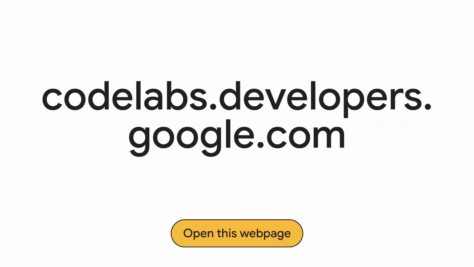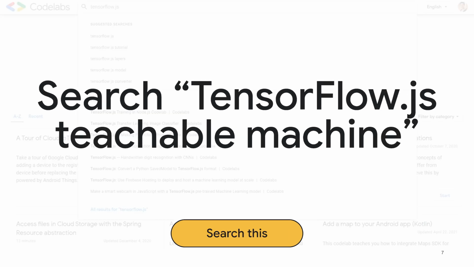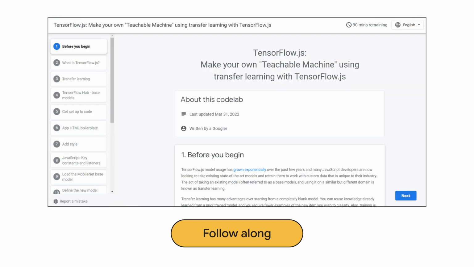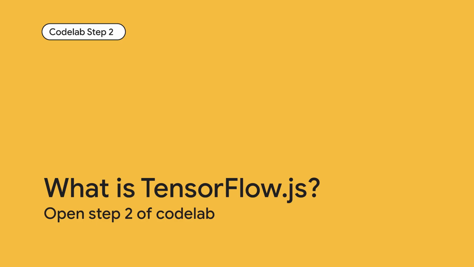Great! Now you know the end goal, it's time to open up my code lab that you'll use today to follow along. Head on over to codelabs.developers.google.com in a new browser window. And once the website's opened, search for TensorFlow.js Teachable Machine via the search box. You should then find a result titled Make Your Own Teachable Machine with TensorFlow.js in JavaScript as shown. Click on that. On the page that loads, you'll then see the sections of this workshop on the left, which you can use to follow along as I walk you through them live in this workshop video. So head on to step 2 as I teach you what TensorFlow.js is all about.